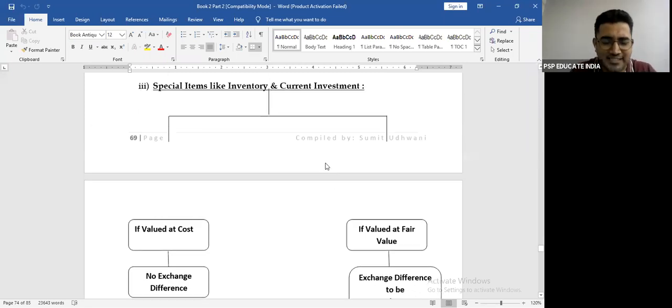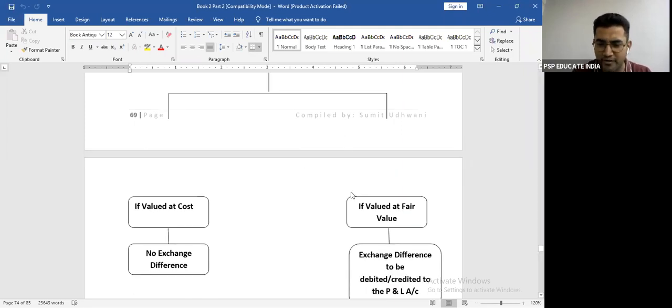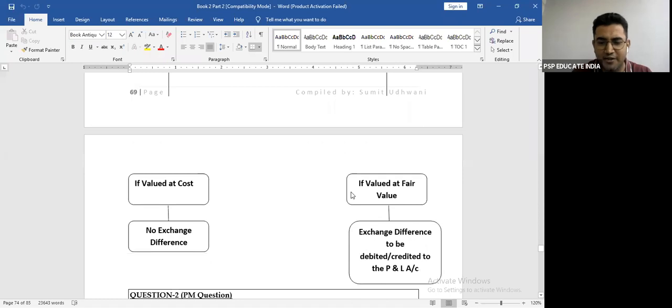Now this is also an extremely simple concept. मान लीजिए आपने कोई इन्वेंट्री लिया है तो आप उसको कॉस्ट पे रिकॉर्ड करोगे. अगर उसकी वैल्यू भी कॉस्ट पे ही कर रहे हो तो कॉस्ट पे रिकॉर्ड किया, कॉस्ट पे ही वैल्यूएशन कर रहे हैं, नो एक्सचेंज डिफरेंस. लेकिन मान लीजिए अगर आप फेयर मार्केट वैल्यू पे कर रहे हो बिकॉज यू टेक इन्वेंट्री एट कॉस्ट और एनआरवी व्हिचएवर इज लोअर, in that case exchange gain or loss will go to the profit and loss.